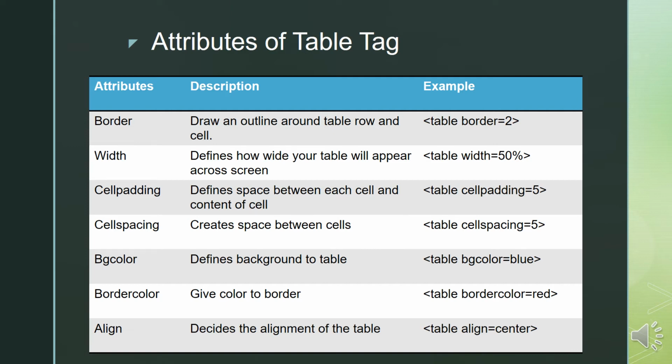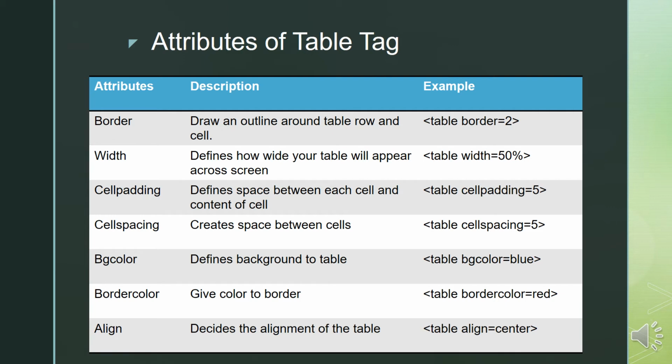Next is cell padding. It decides the amount of spacing between each cell border and the content of the cell. So the gap between the cell border and the content which you have placed inside the cell is given by cell padding. Again, in board exam, we always look for a value of cell padding from 3 to 10, not more than that, because then the space between the content and the cell will go on increasing.